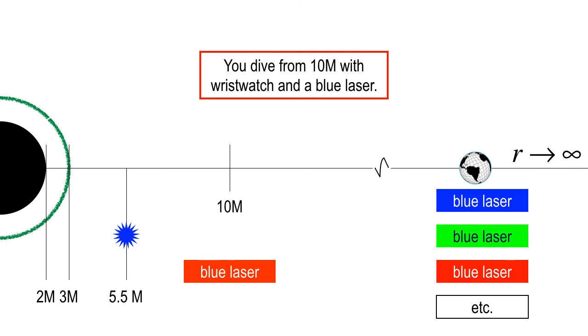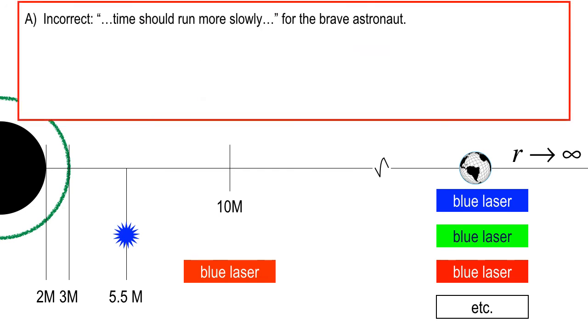So you dive in from 10 M with your wristwatch, and to you it still looks blue, and your wristwatch looks fine. But for people on Earth, people at the mothership, things look a lot different. Your signal is redshifted. It's redshifted at the mothership at 10 M, and it's redshifted all the way back at Earth at R equals infinity. Now, let's go through some